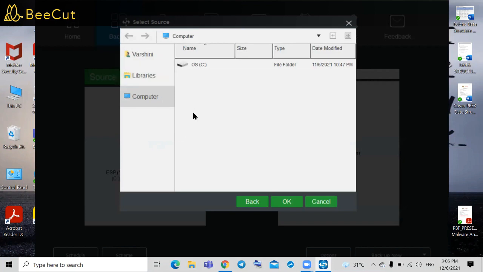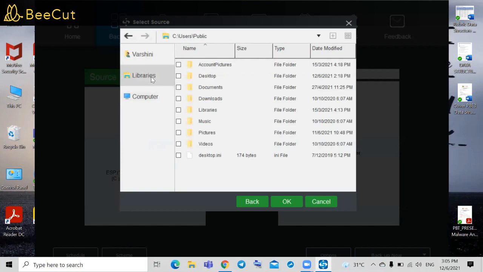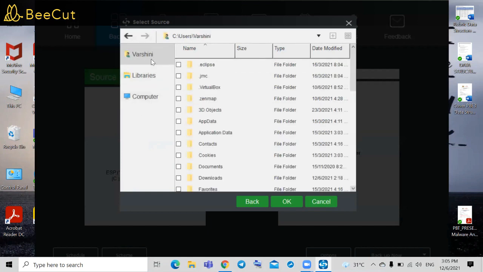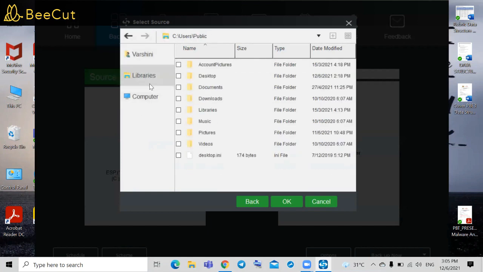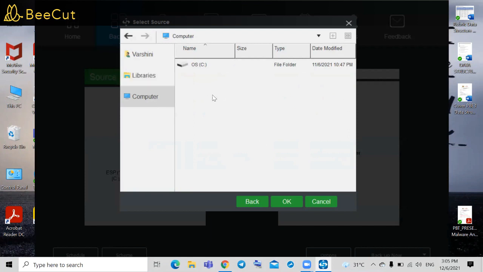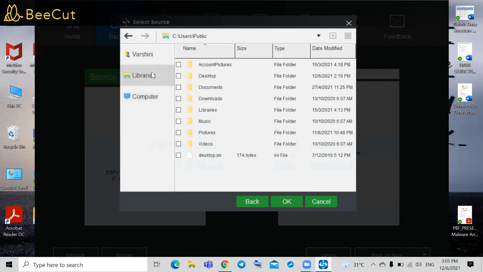Here you can see what you have in your computer, your PC, your laptop. Here I have Varshini, Libraries and Computer. You have to select whichever file or folder you want to back up.